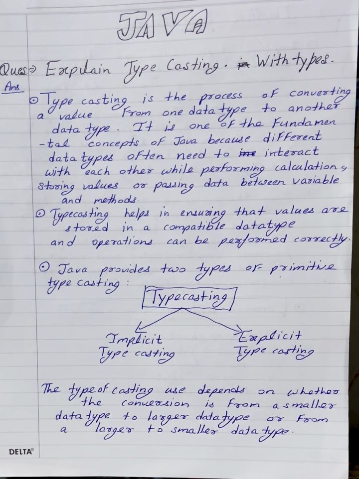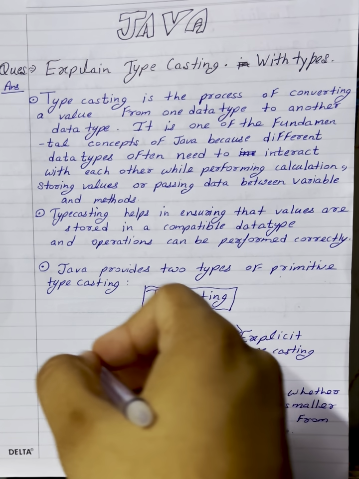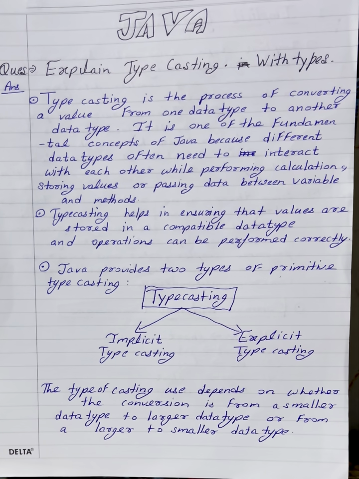And Java provides two types of primitive typecasting: implicit typecasting and explicit typecasting. And the type of casting used depends on whether the conversion is from a smaller data type to a larger data type or from a larger data type to a smaller data type. You should remember that, as this will help you in understanding these two types. So,